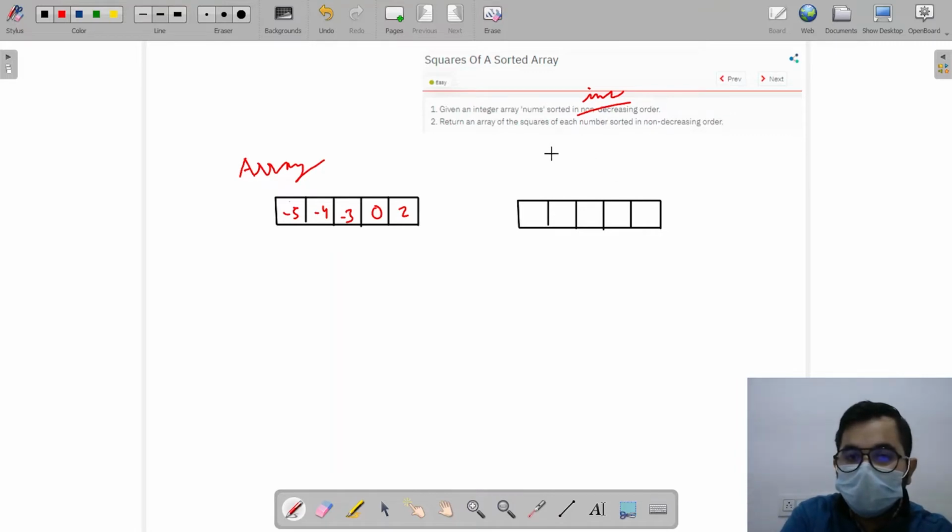What we need to do is create an array of the square of each number, in sorted non-decreasing order. So simply what we need to do is square all the numbers present in this array. For example,